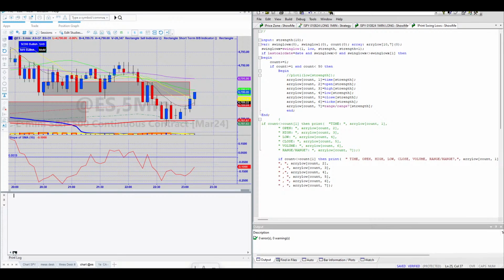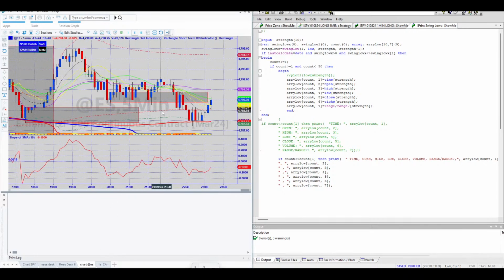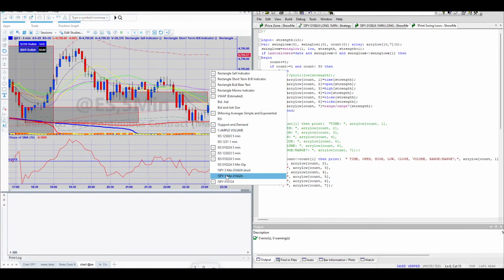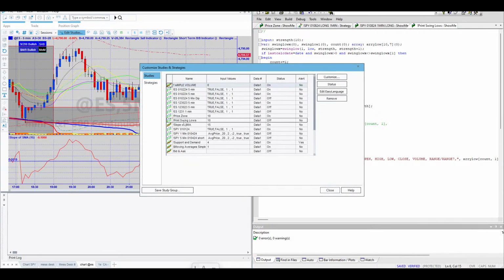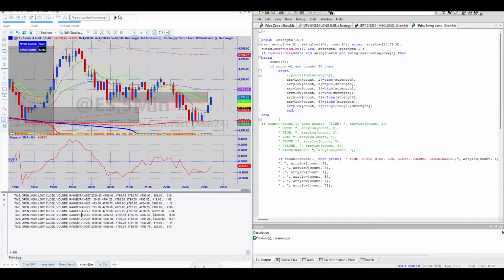Because I moved this data over to an Excel spreadsheet once it printed. All right, let's see. If count class calc date equals date. I don't know why it's not giving me that right now. Print swing lows status on. Okay, there we go. Okay, so when I add this to the charts, print swing lows, then all these swing